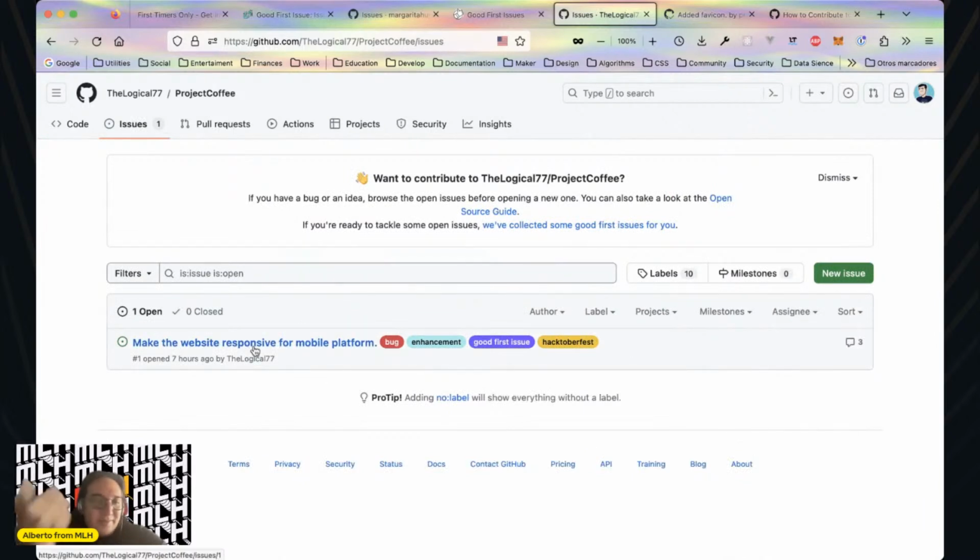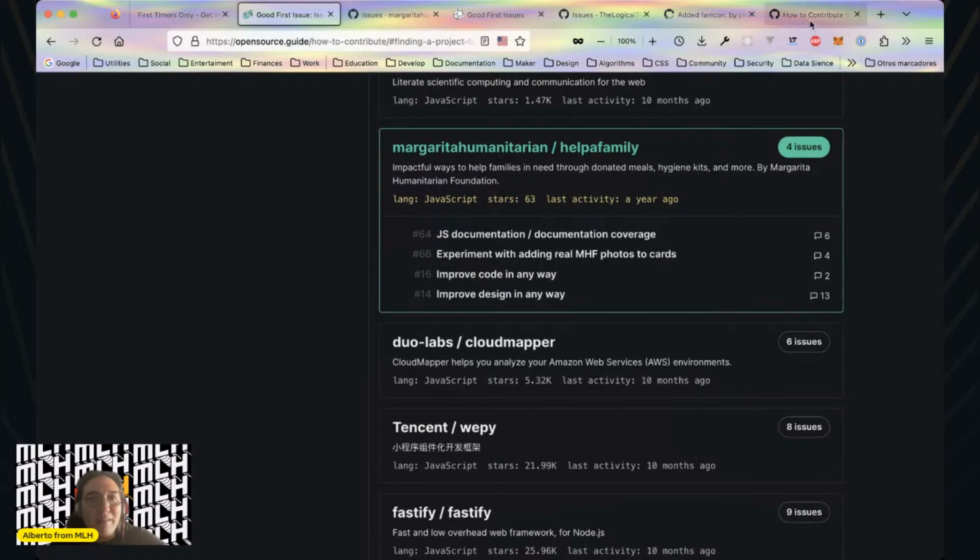So if you don't have a project, another thing I will recommend is make your own projects open source and start labeling them like good first issues, label them like Hacktoberfest, label them as bugs, label them as this kind of thing, and you will see a lot of people will want to add to your code, will want to implement things, will want to help you make that project possible. And that's a fascinating thing about this community, right?